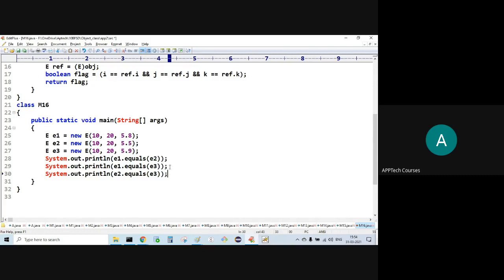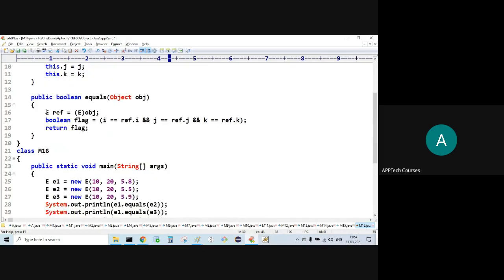Different. That is one false. If any one expression returns false, then the whole thing becomes false. Then that value is stored inside flag. That flag value only I'm returning from equals.